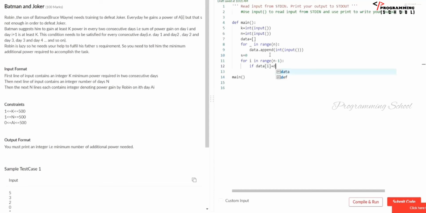If data of i plus data of i plus 1, that means two consecutive days, I am going to write here if k is less than, if it is less than like this.